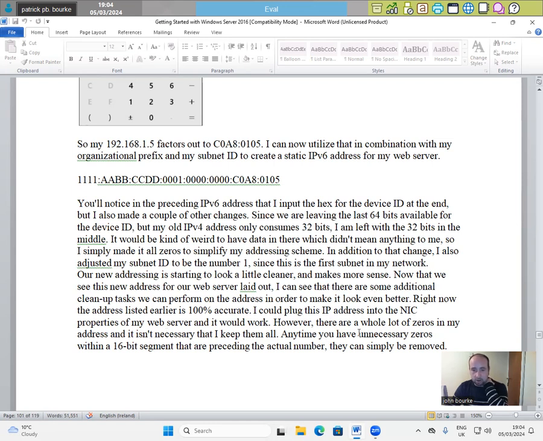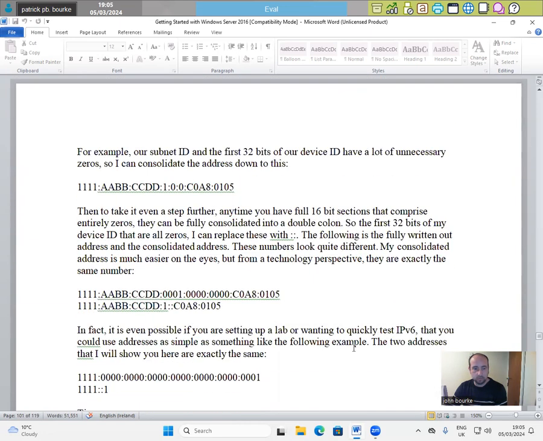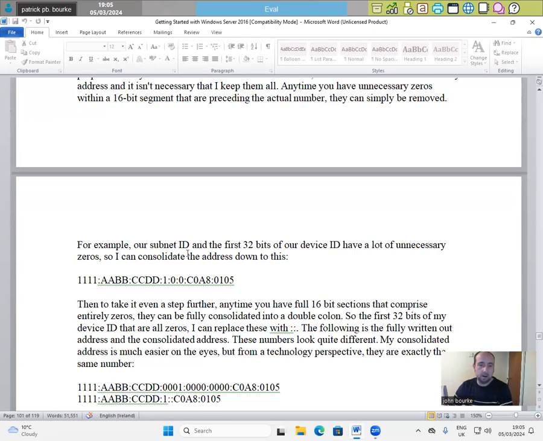However, there are a whole lot of zeros in my address, and it isn't necessary that I keep them all. Any time you have unnecessary zeros within a 16-bit segment that are preceding the actual number, they can simply be removed. For example, our subnet ID and the first 32 bits of our device ID have a lot of unnecessary zeros. So I can consolidate the address down to this: